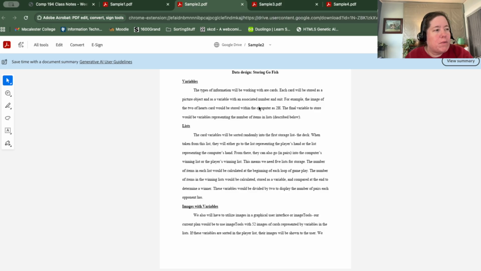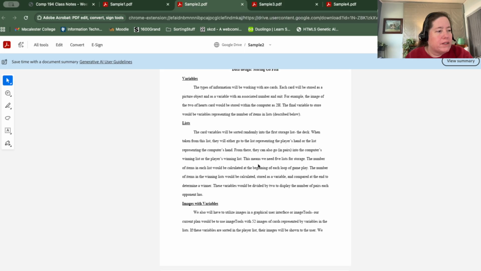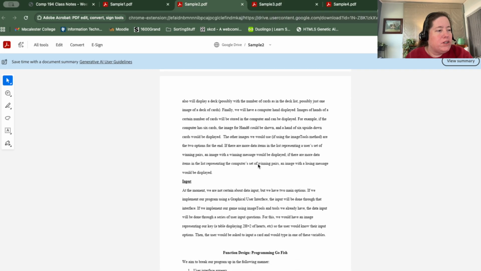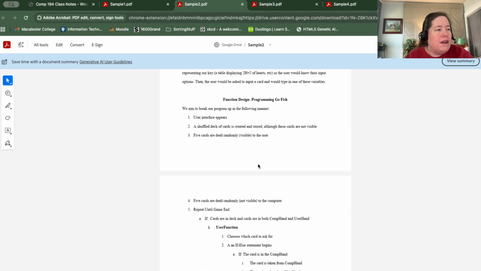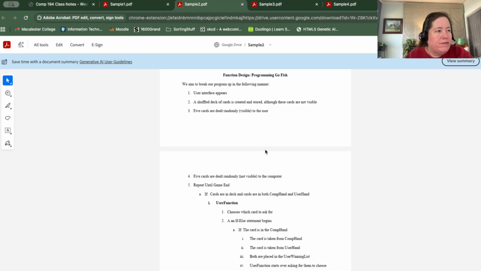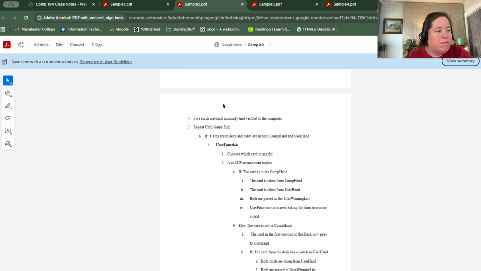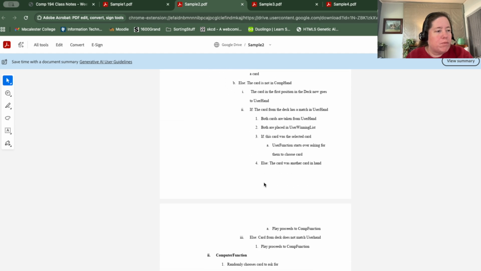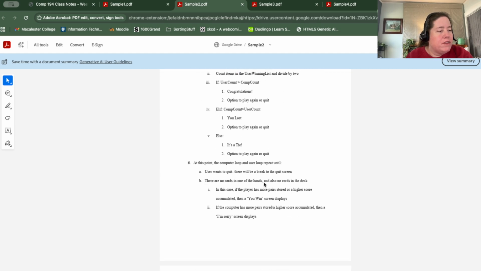They would have to represent each card. They would have to figure out, store some things in lists, and they had images that they were going to use, and then they have a function design. So they have the overall steps, that's the main program, and then they have each of the helper functions. I think in this one,